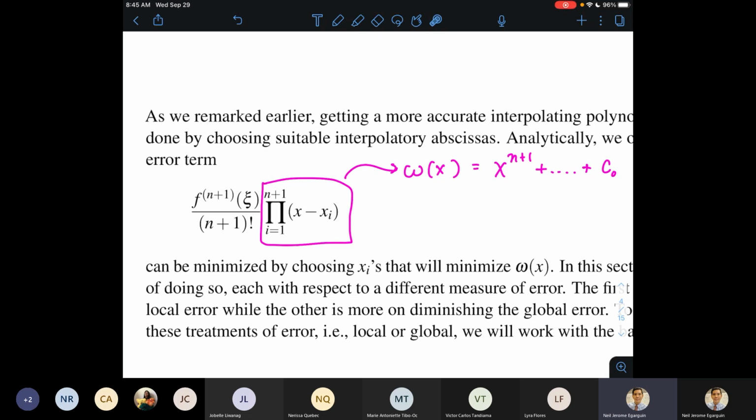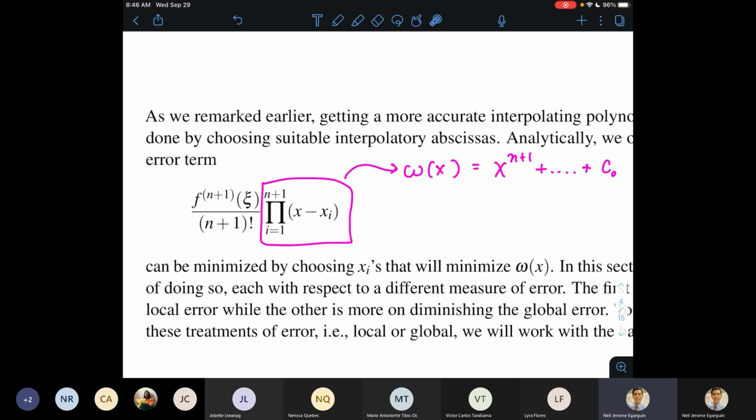Again, this approach has a big drawback. Kasi paano kung wala ka naman choice sa mga x sub i's? So kung wala kang choice sa mga x sub i's, then pupunta ka dun sa first factor, dito sa derivative factor. Pero pag wala ka ring options na baguhin si n, then that's the best interpolation can offer. But again, this is still useful. This approach is still useful because